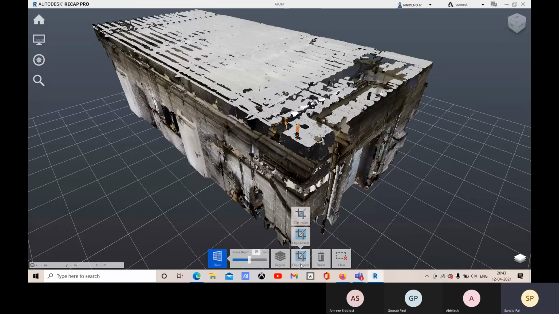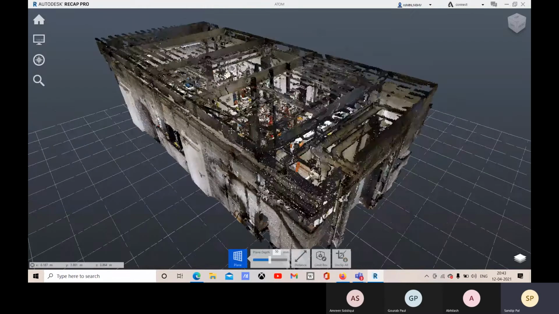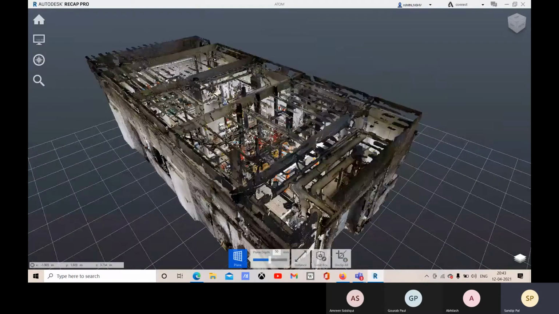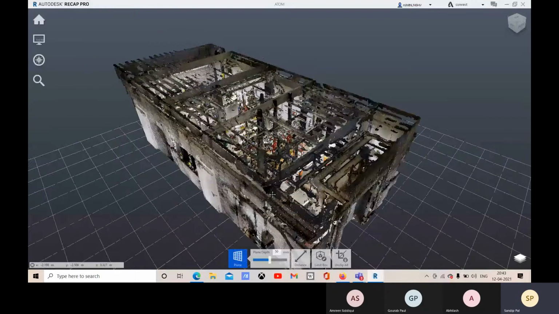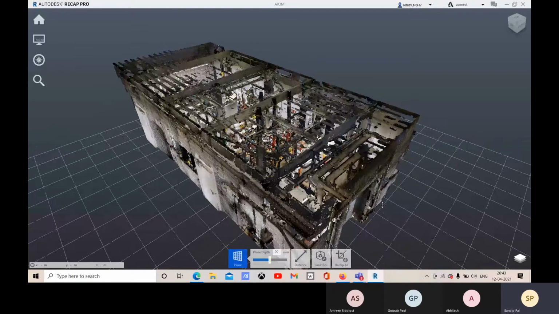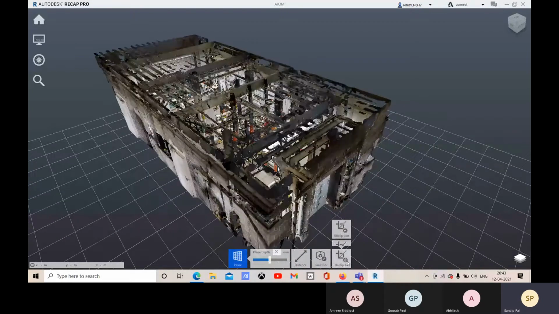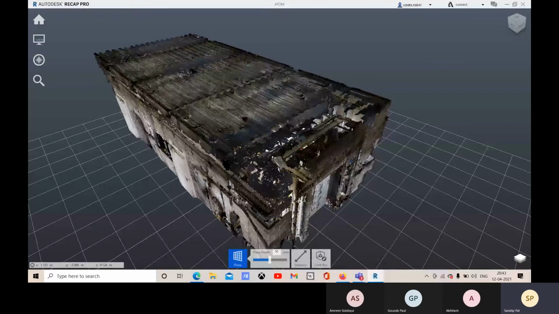Now we have the clip inside and clip outside options. If you go for clip inside, whatever is selected right now will be clipped. That means it is right now, you can say, hidden. So it's like a hidden option. If you don't need it right now but you need it later, you can go for this clip option. And whenever you need that, you can go for unclip last and you will get it back.